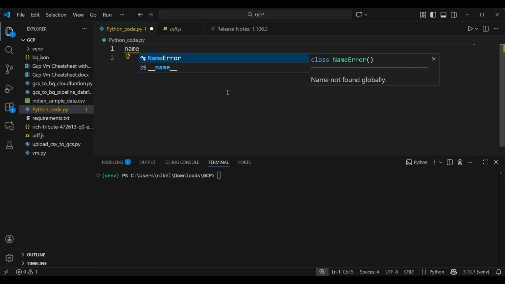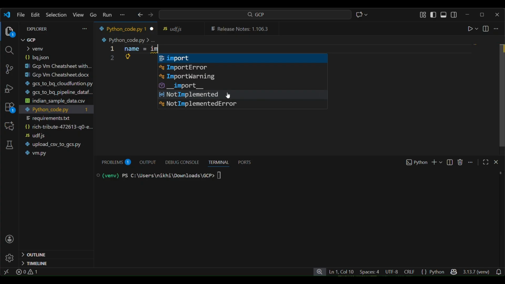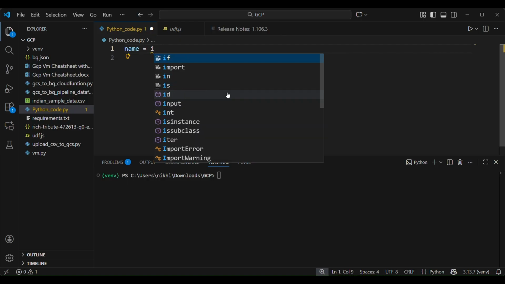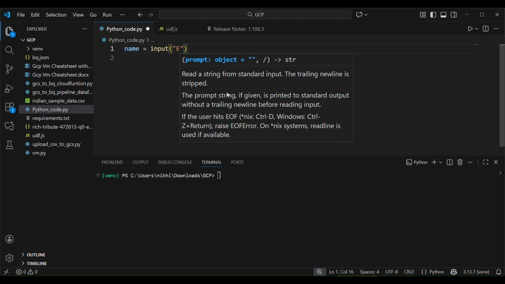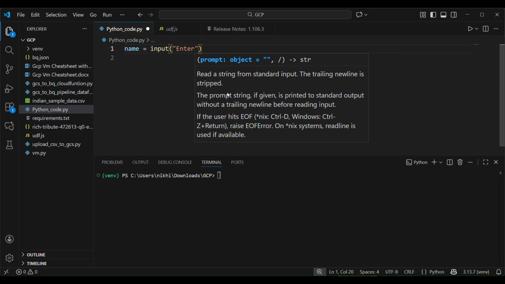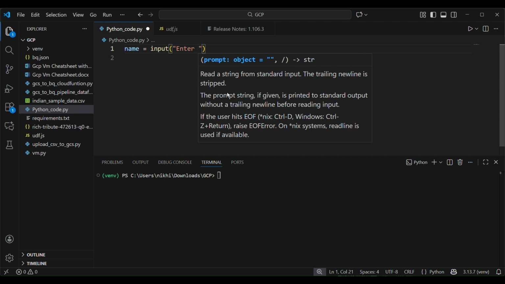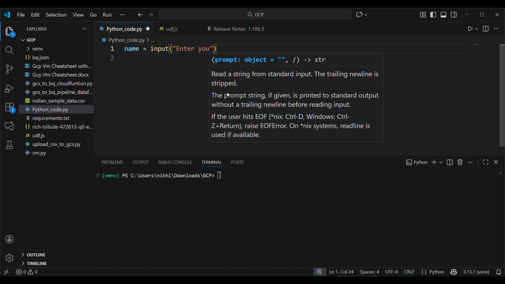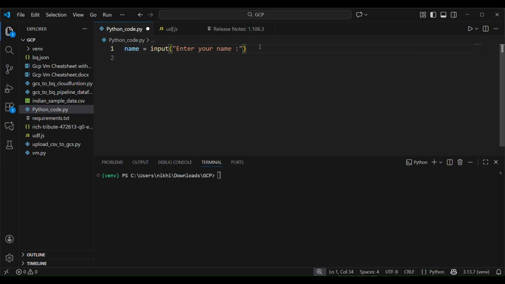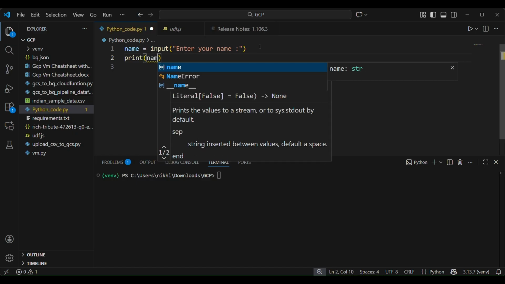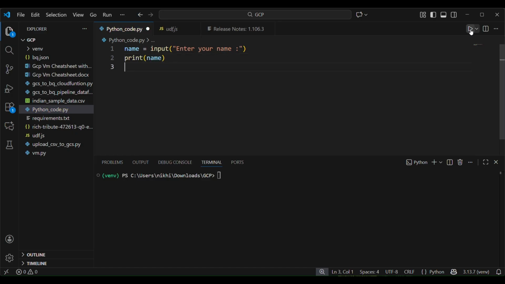Let me just create one variable, name. In name, I am just taking an example like this, using the input keyword. I'm taking a name: somebody will enter his name. Enter your name, and when I'll print it, print name, you will see when I run this,